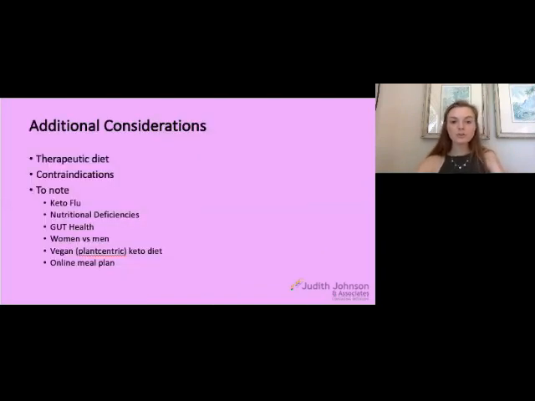Okay, so just some additional considerations. I've already explained that this is a therapeutic diet, needs to be used to achieve a